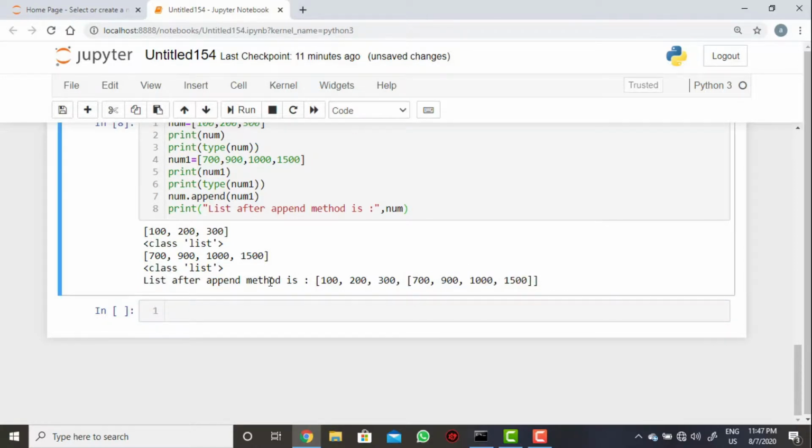So using the append method we can add elements, and we can also add a list.